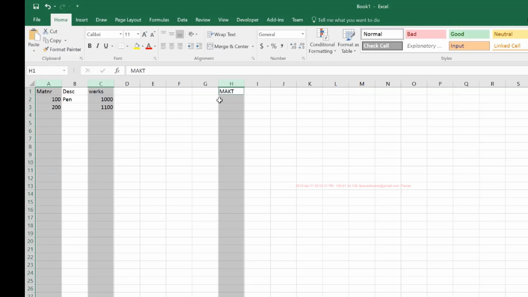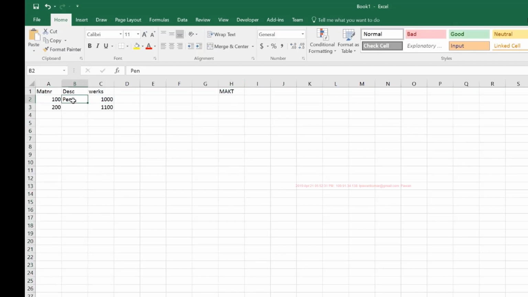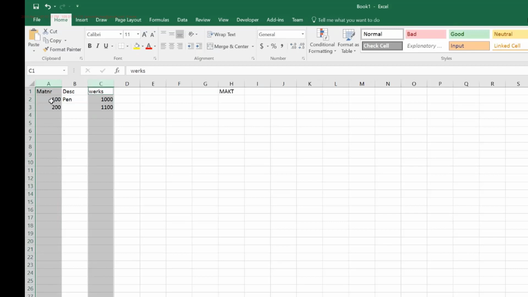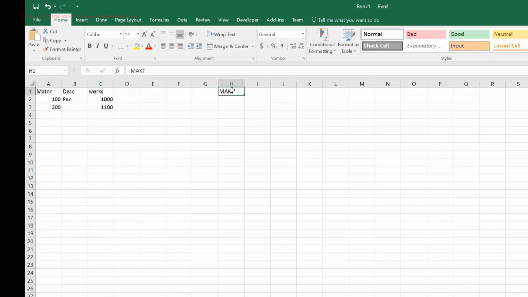In this situation, you have to decide which is the main data and which is the supplemental data. The main data is material and plant, and the description is just supplement data because it is only enhancing whatever material I'm printing. For that, I have to get the description. The description itself is not the main data, right? So I loop the table which has the main data, in this case MARC, and when I'm printing the material, I'll query MAKT to get its description, whichever material I'm printing in the output. For that material, I'll query MAKT to get its description and print it in the output.